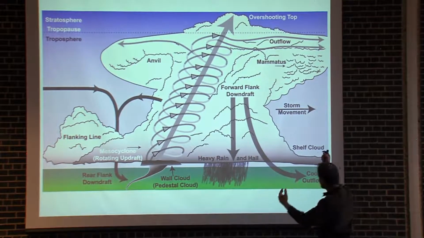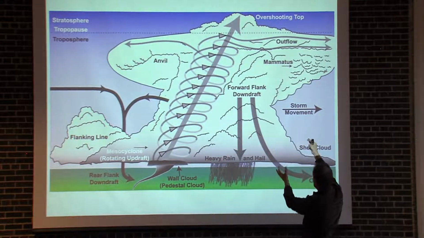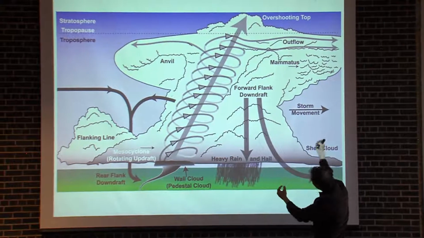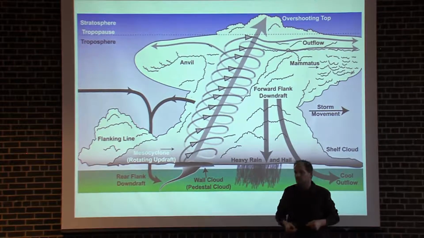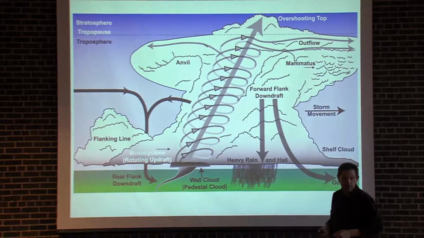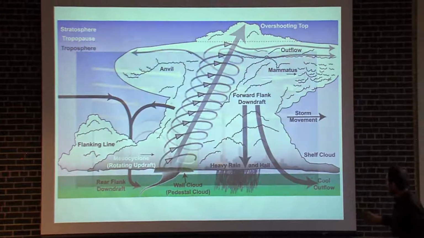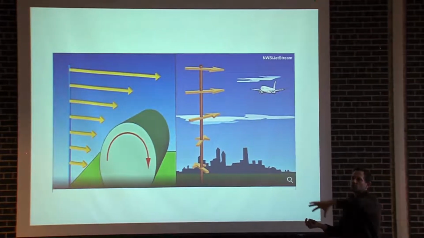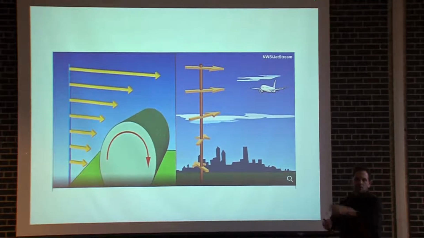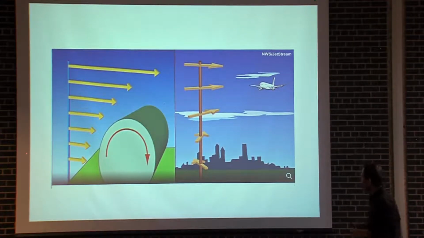How does this rotation inside the cloud become inverted and become more vertical, and then become strong enough where the tail end of it dips down and touches the ground, as we see as the tornado? How does this actually happen? A lot of people tell you, well, it's just some rotation in the cloud, and once it gets too strong, then it flips up and the tornado drops out. That's not quite really how it happens.